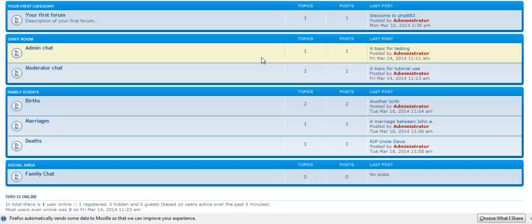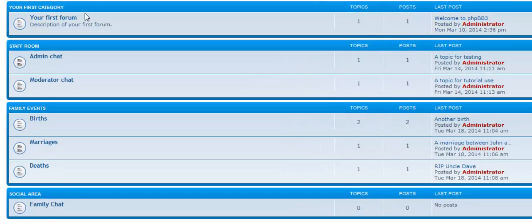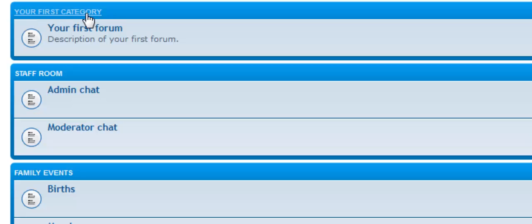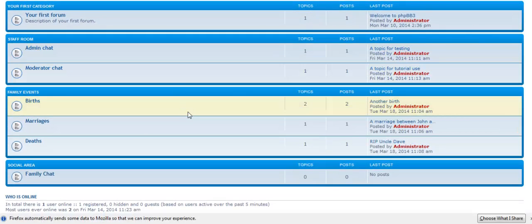Now this is where we left it last time, or near enough. As you can see, we had a couple of improvements to make to the board. This category here, which comes as the default, we're going to take that out this time. I have added some new posts on there, which the eagle-eyed of you will probably have noticed already. That's just to show you some little examples that we're going to be coming across.